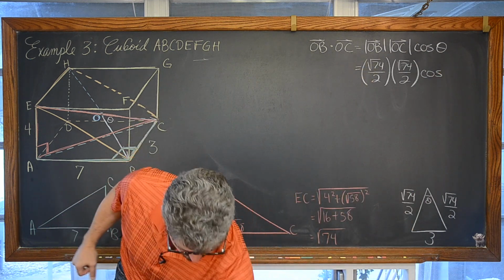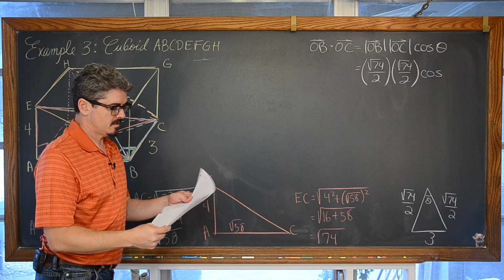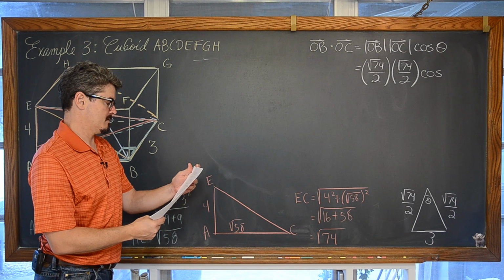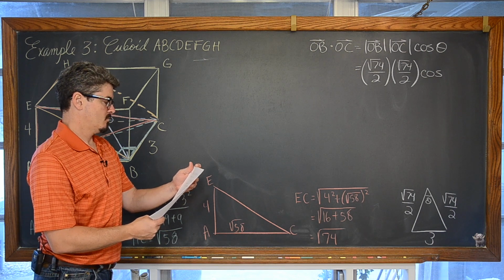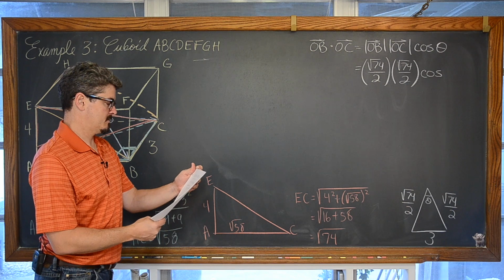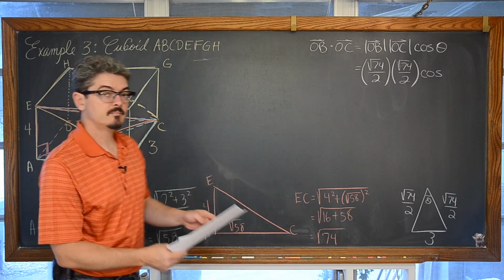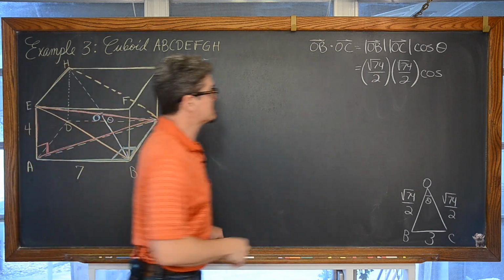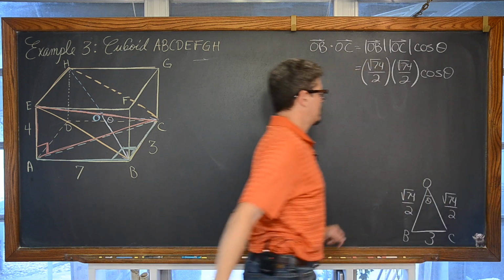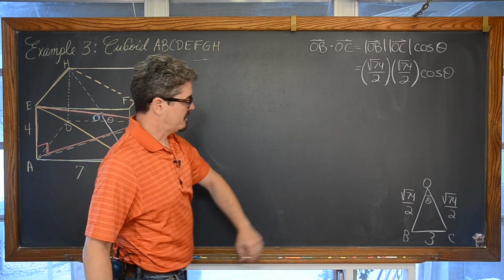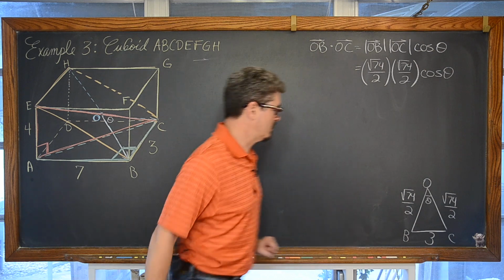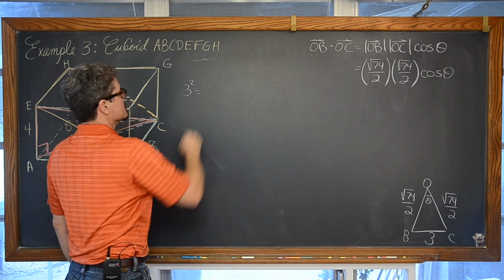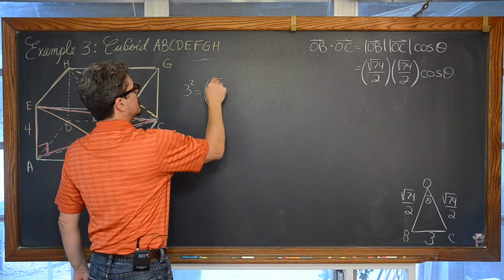Now we just have to find out what cosine of theta is. And again, just being super cautious, I do not want to make a mistake and carry this through the whole whoop-de-doo. We need to find out what cosine of angle O is. So our last piece of the puzzle is, what is that cosine of theta? Well, we have a non-right triangle with all 3 sides known, so we're looking at 3 squared is equal to the other 2 sides squared and added together.